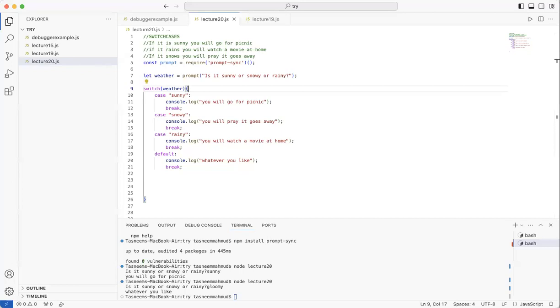Sorry, Tasneem, I have a question, if you don't mind. Sure, go ahead. I believe it was Sundus, she mentioned that we can put sunny or rainy. For that, remember how for if-else statements, we used to write conditions? You can do the same for switch cases as well. Would you be able to give us an example of that? Yeah, sure. Thank you.